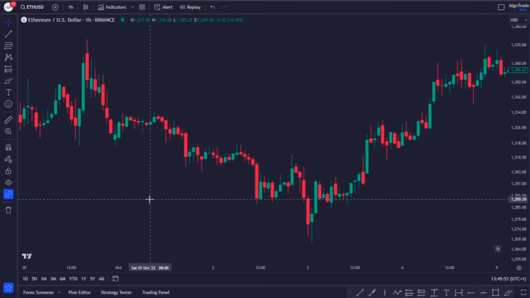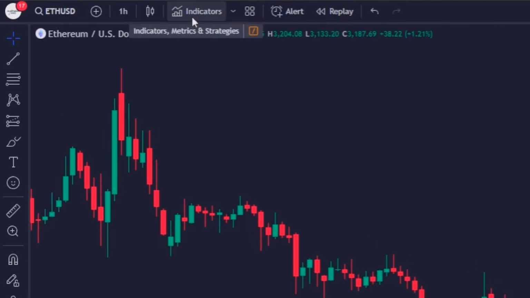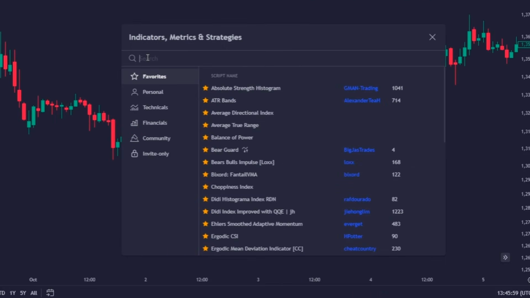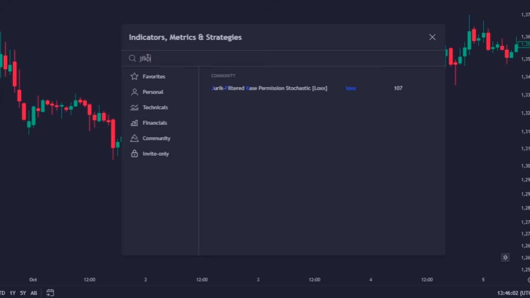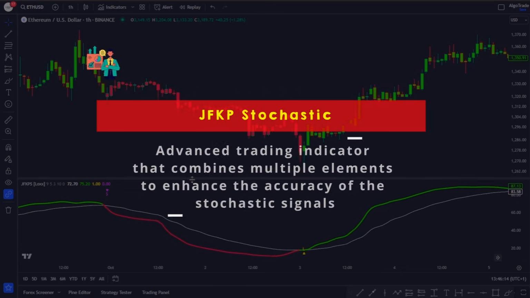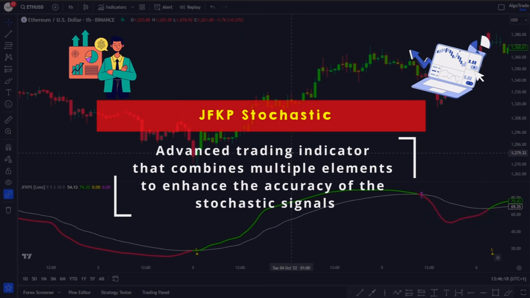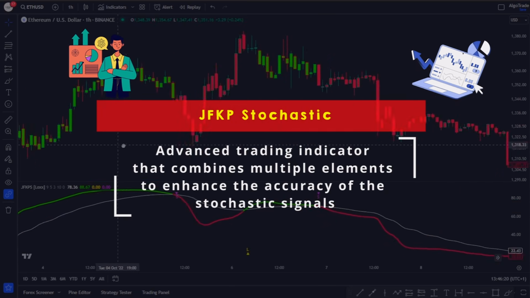So, as usual, let's start by adding the indicator to our TradingView charts. First, click on Indicators, then type Zurich Filtered Kase Permission Stochastic or JFKPS, and it will be this one provided by Lux. By definition, the JFKP stochastic is an advanced trading indicator that combines multiple elements to enhance the accuracy